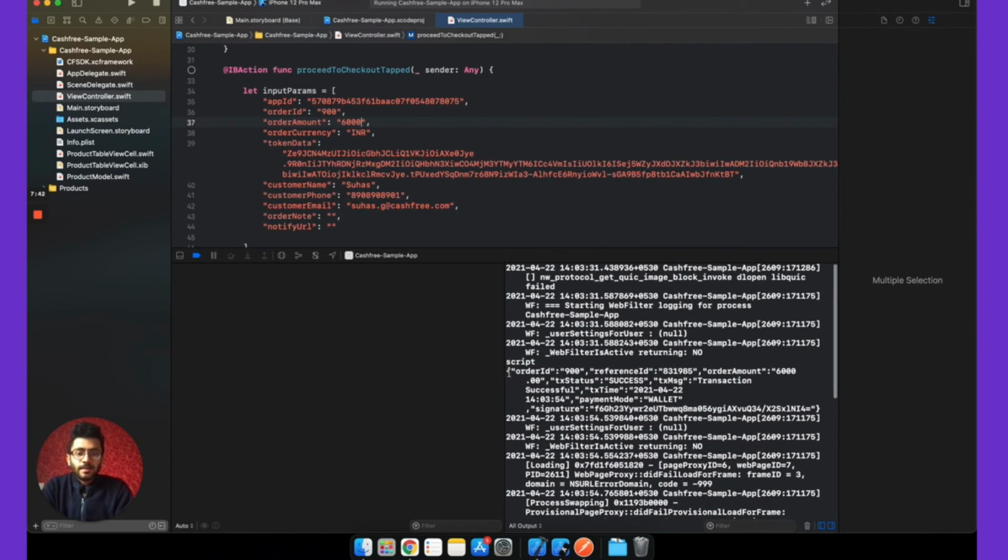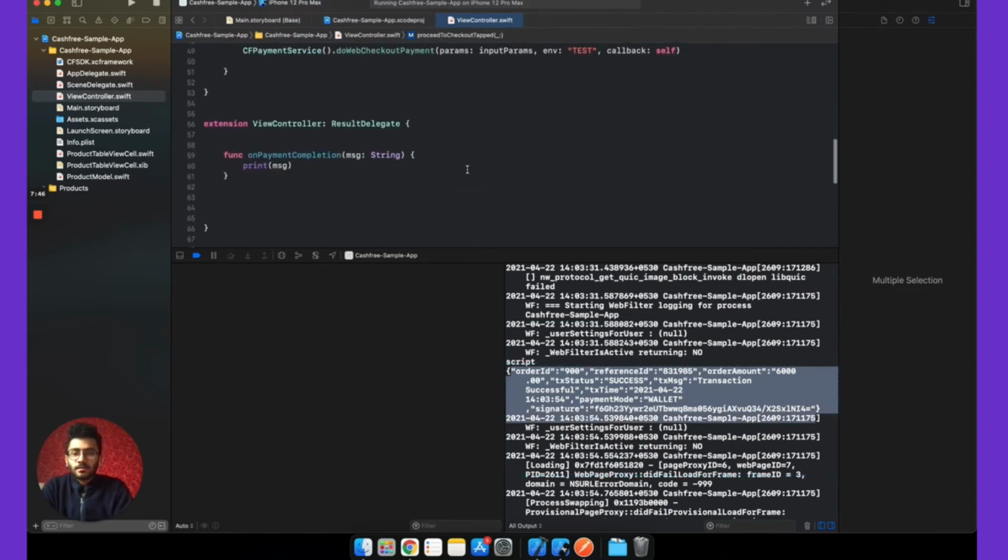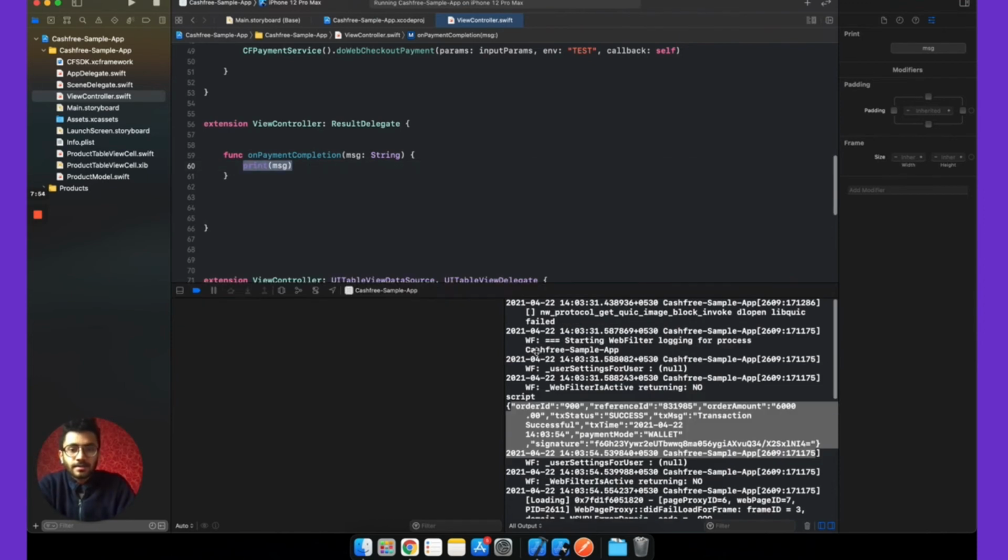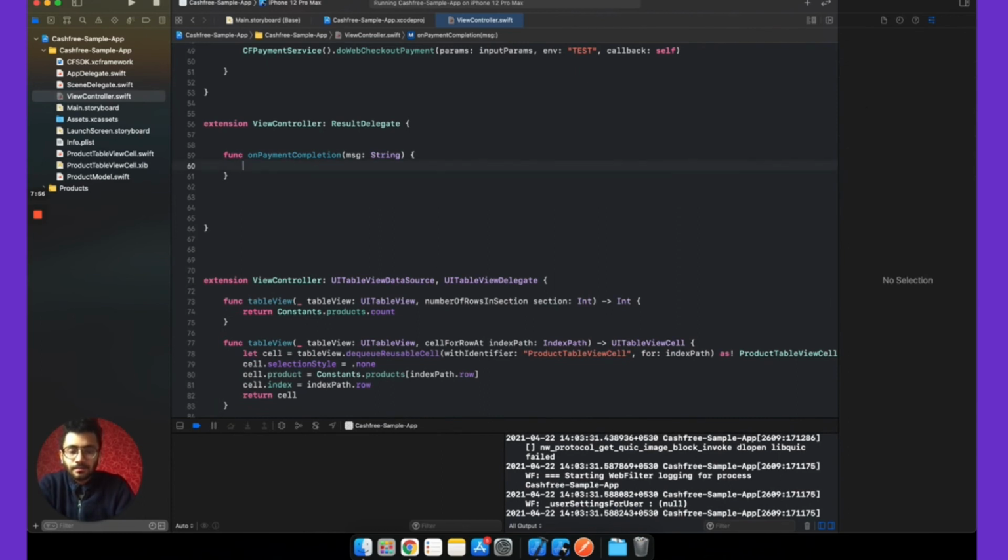So this is the message that gets printed because of this. The response once the payment is completed is given back to the user through this method. So let's print this message in a more readable manner.